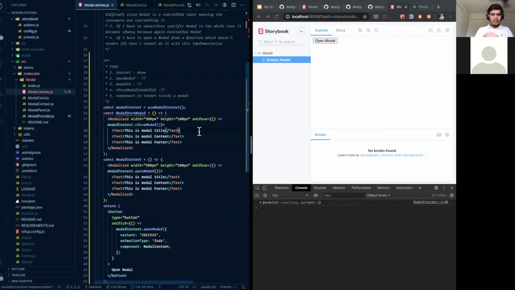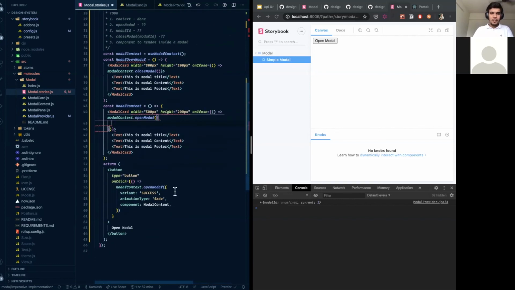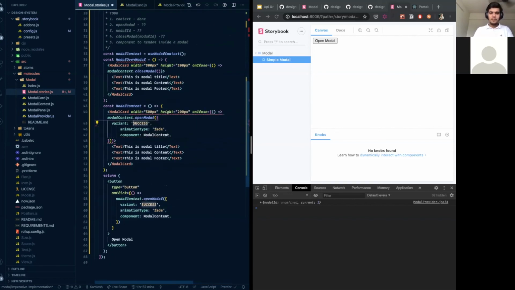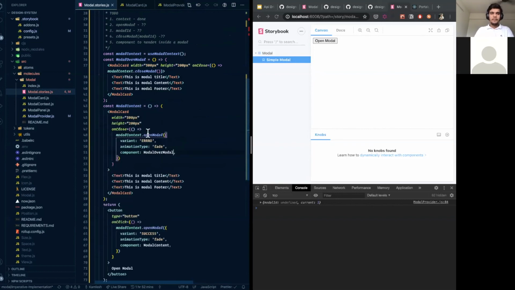Just keep watching, and you'll realize how simple it becomes. You're just saying open modal. I'll copy the variants from here, and maybe change a few values. This would be error. One modal is the content that I want to pass. Let's see if this works.